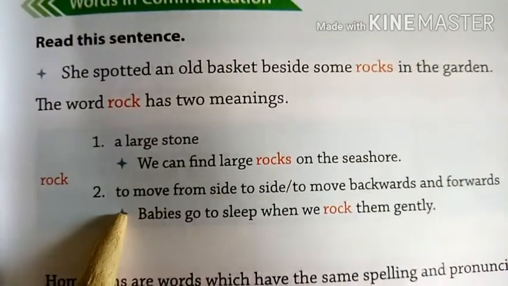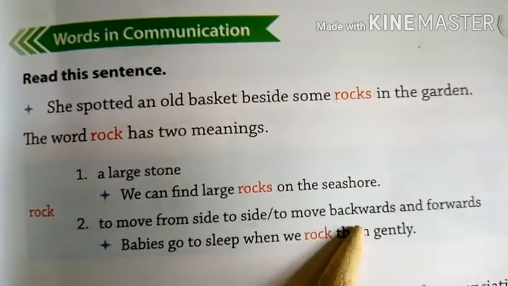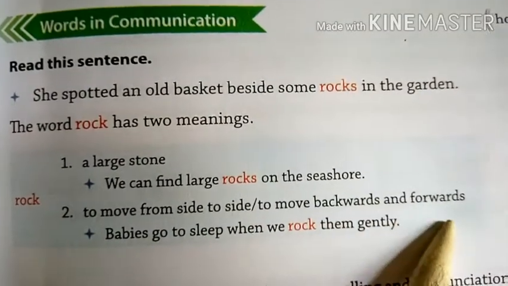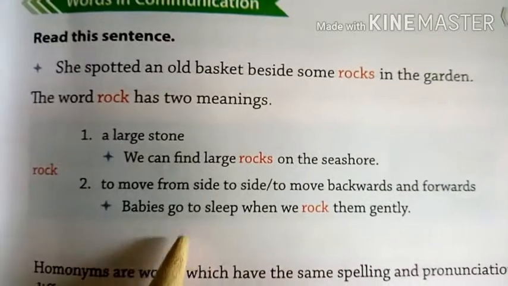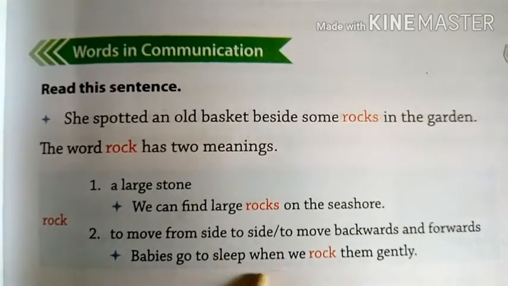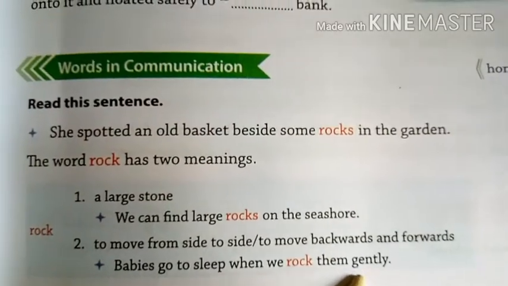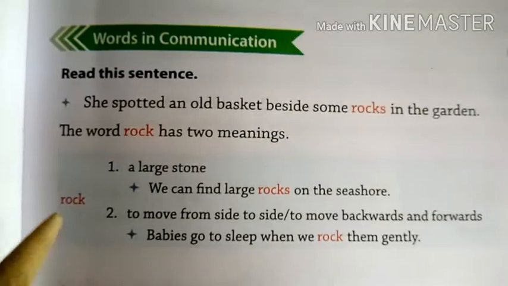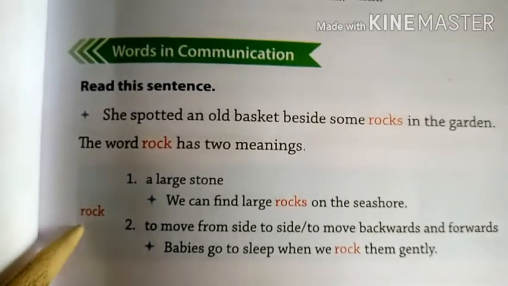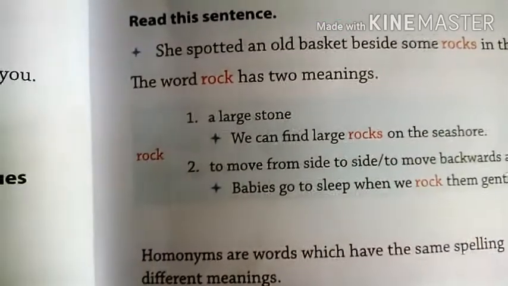Student, second meaning is to move from side to side, to move backward and forward. That is called rock. Babies go to sleep when we rock them gently. It is a rock. Here you are given the two meanings of rock. Student, now